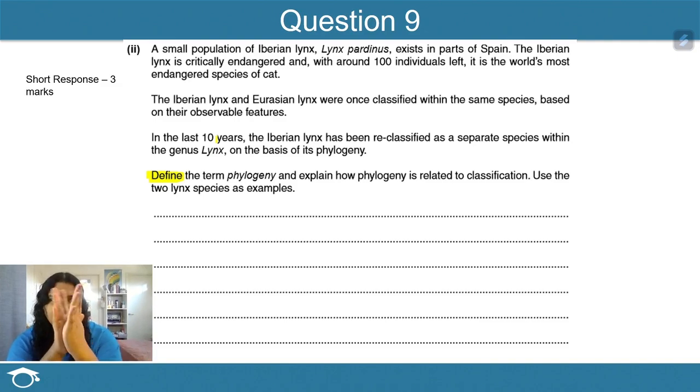For this question, this is one that I've pulled from a third-party resource, so I don't think you'd be required to define the term phylogeny. You might be asked to explain the term phylogeny instead, which is exactly what the second part of the question is asking you to do. Explain, on the other hand, is a cognitive verb that wants you to put a bit more detail into the response that goes beyond just describing or defining something. You need to be able to piece together aspects of the definition to use as evidence for your answer. And this time, the evidence that you're using are the two lynx species.